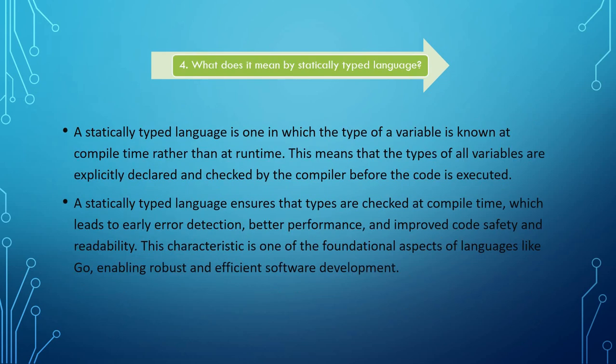What does it mean by statically typed language? If you tell initially what is Go, at that time you may tell Go is a statically typed language. So they will ask what is the statically typed language mean. So a statically typed language is one in which the type of variable is known at the compile time rather than runtime. So at compile time only you will get to know the type of the variable. This means that the types of all variables are explicitly declared and checked by the compiler before the code is